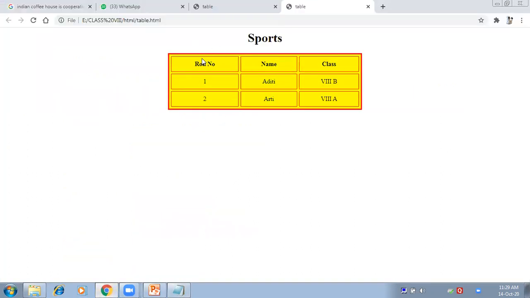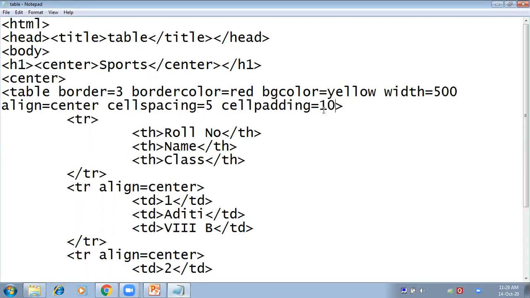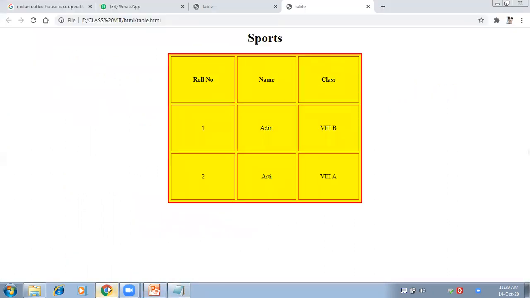So the distance between the border of the cell and the content of the cell is increased now. Now let us add some more space here. So I'm making it 50. Save and check. So this is how the table is appearing now. The space between the borders of the cell and the content of the cell is increased.